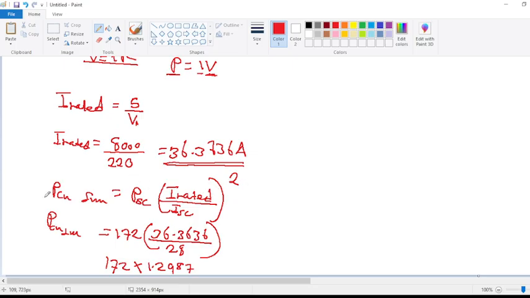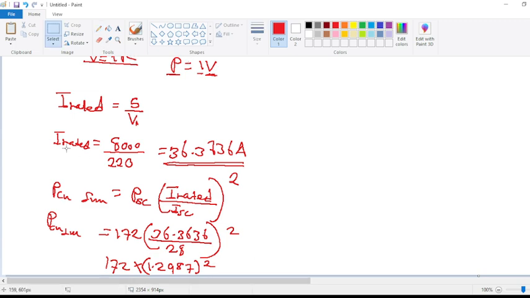So we have the power on the copper side at full load equal to the power of the short circuit, multiplied by, in brackets, the current rated for the full transformer over the current on the short circuit side, and then you square it. So for the answer we found here, we just have to square it. So this 1.2987, if you square it, you're going to have something like